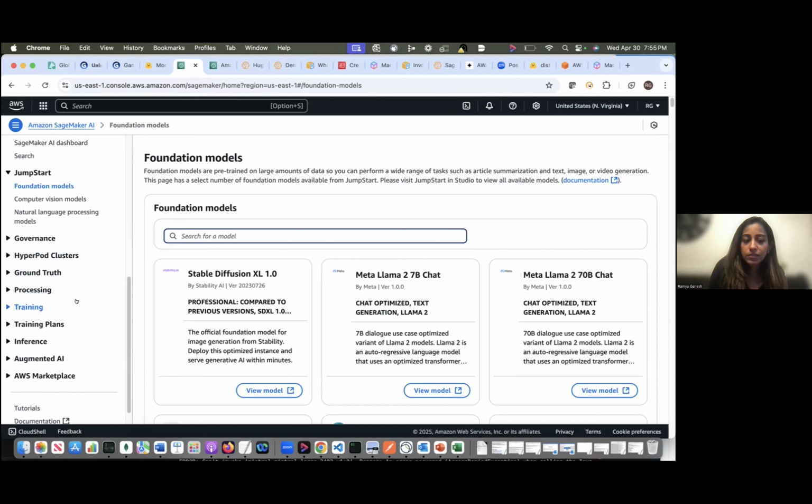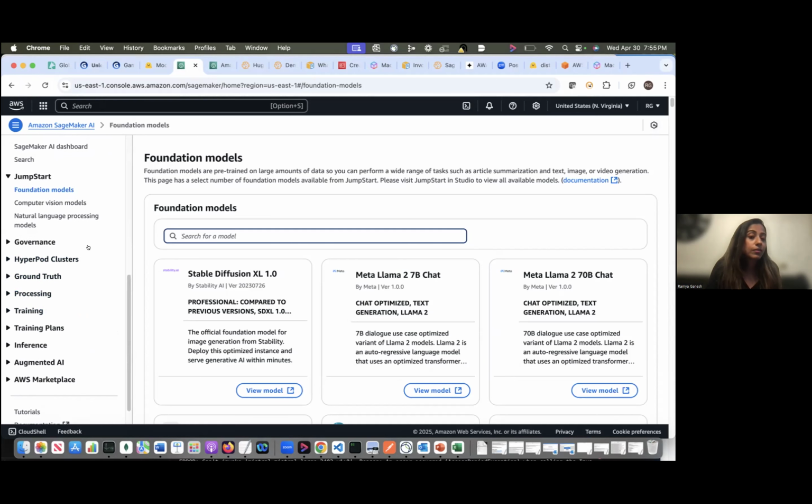SageMaker AI is just a catalog for Hugging Face models. Hugging Face is open source, and you will find lots of models there. If you're integrating from Hugging Face, basic security is still a question. Someone out there could just deploy a model, but you never know what is actually running, so security would still be a question.